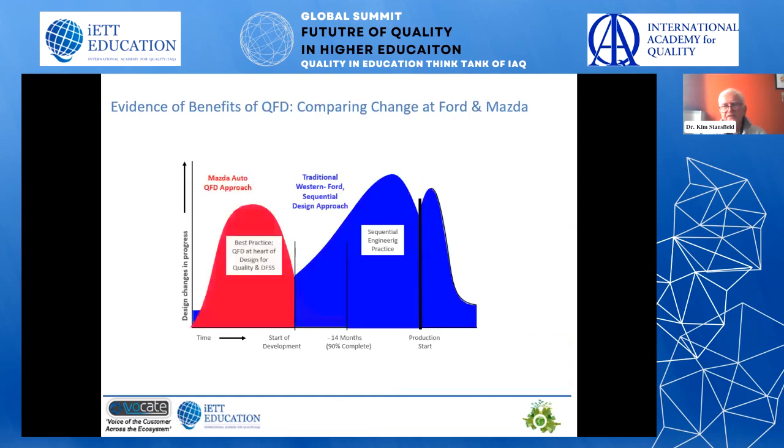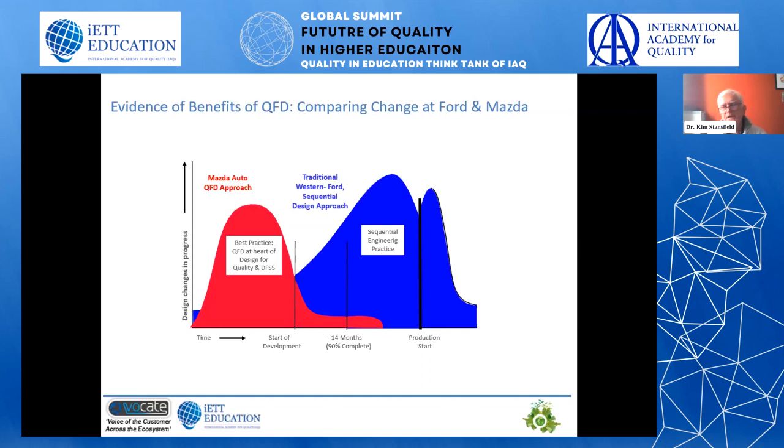because as we see in this, when Ford took a controlling stake in Mazda, they noticed that there was this significant difference in the number of changes going on during the design, development, manufacturing process. So the blue curve represents Ford's change profile, typical profile for developing a car, where at production start, there's typically a drop in the number of changes. And then after product introduction, a lot of recalls and such like to try and correct the defects that have got through